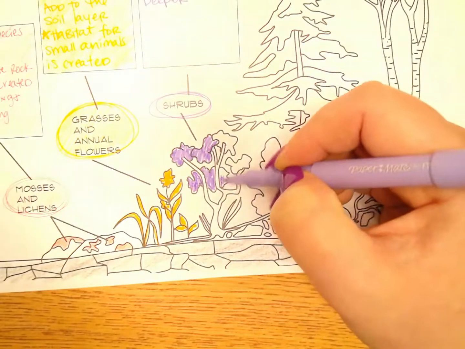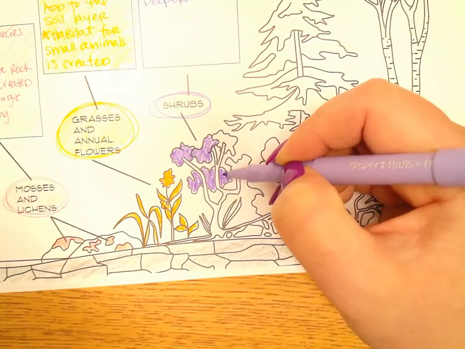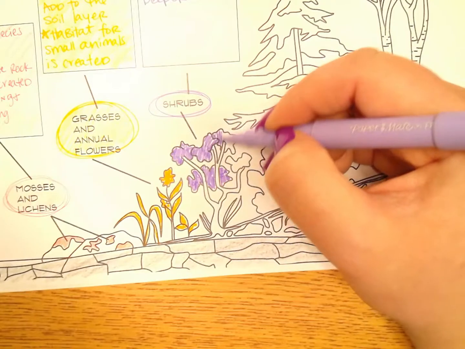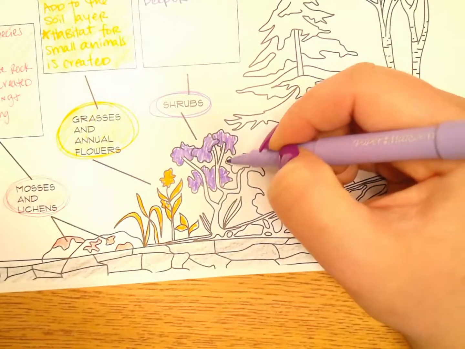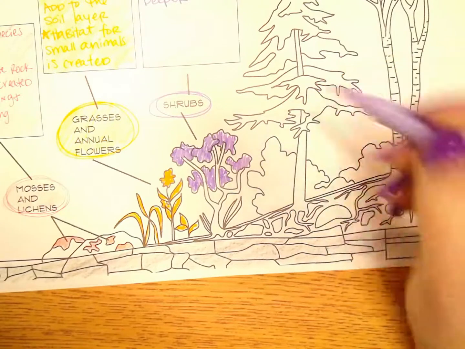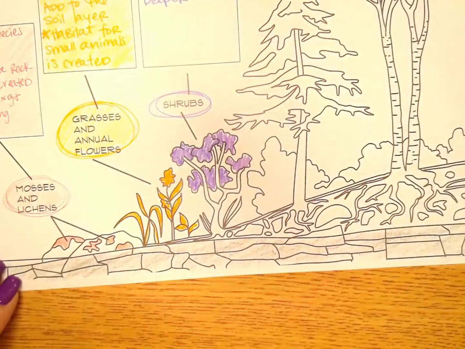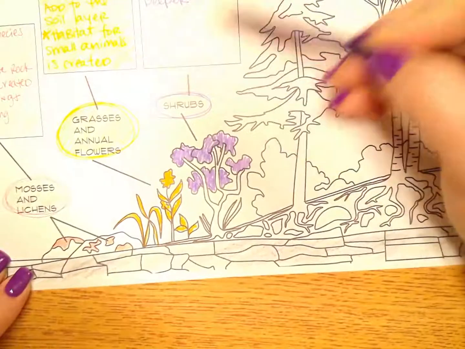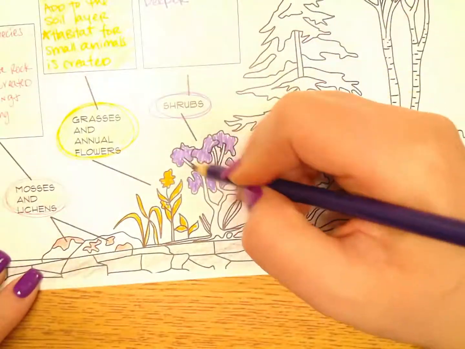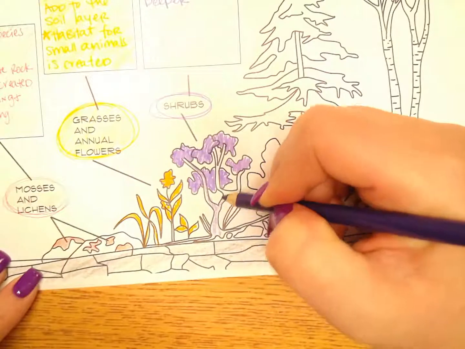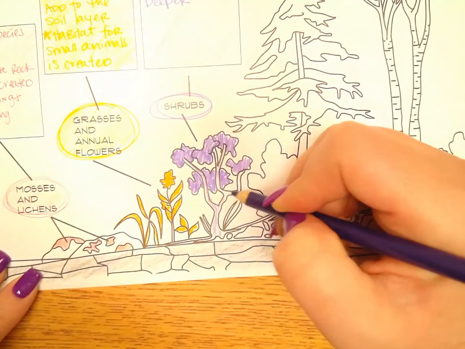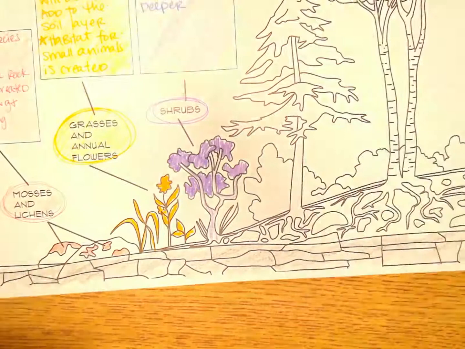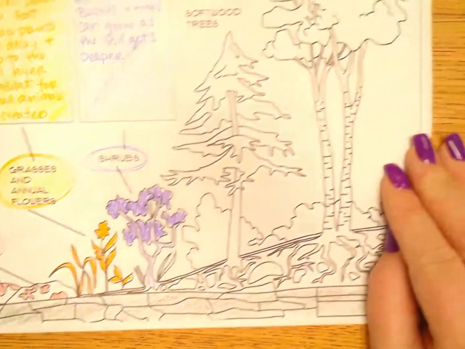And as these shrubs grow and die as well, they too are going to add to the soil base. Okay, so I'm going to shade my box up top. And maybe a little bit here too. All right, so as our soil gets deeper, remember we said as the soil gets deeper, then we're going to have larger and larger plants. So then we come this direction,